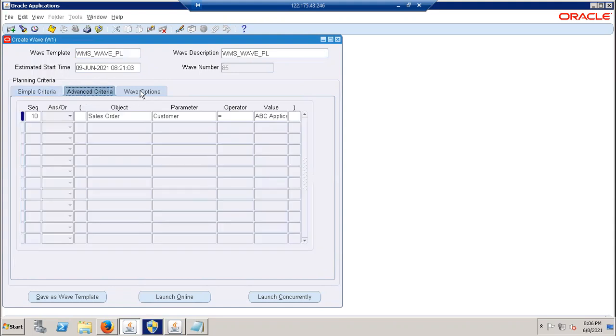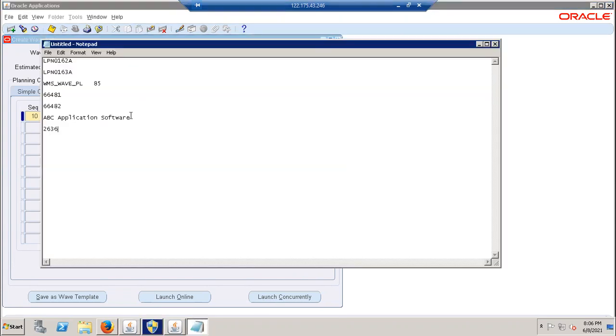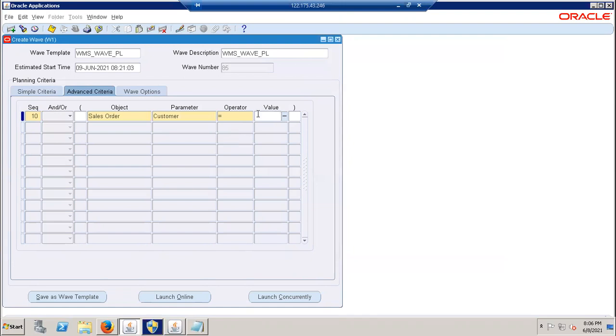Yeah. Just go to the advanced criteria you have given. Just go and see whether this customer is same or not. Just copy ABC. Just type ABC. You'll get it. Okay, right. Only one is there actually. Perfect. Just save it.